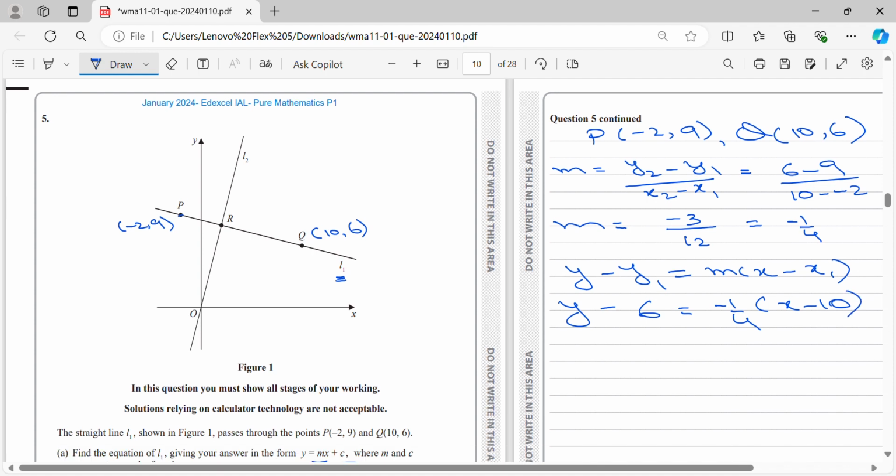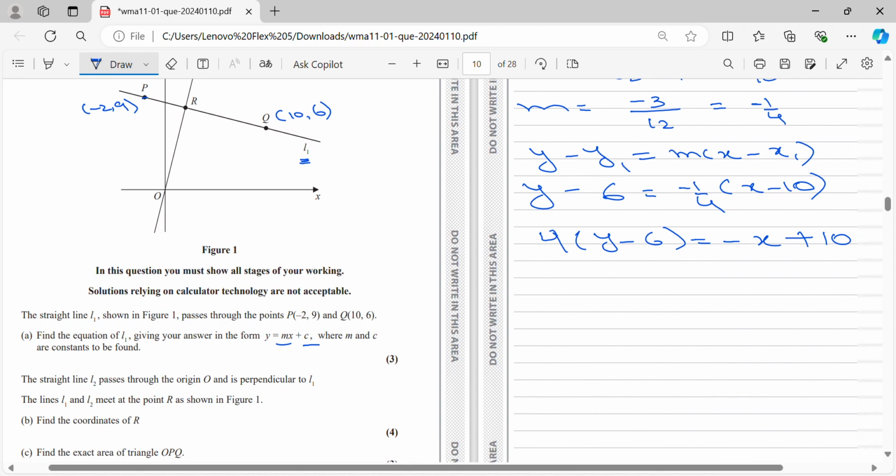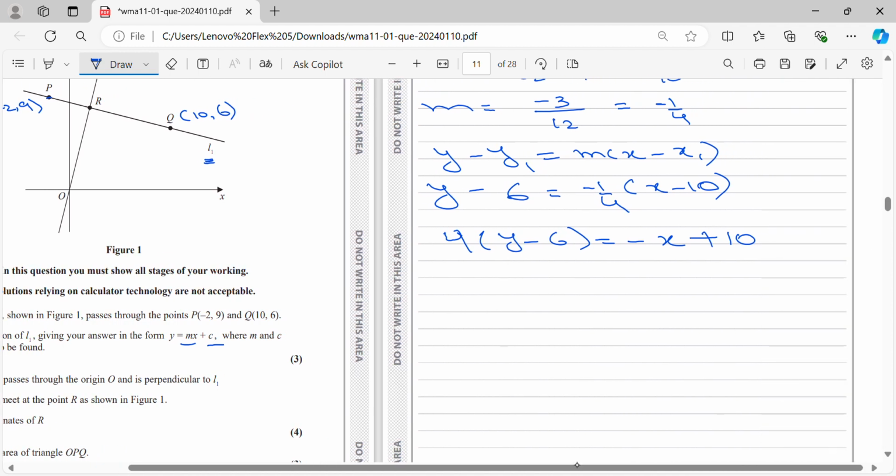Alright, collect like terms and simplify. I can move the 4 to this side and multiply it with y minus 6, or you can expand the bracket, whatever. It's the same thing. So 4y minus 24 equals minus x plus 10. So y equals